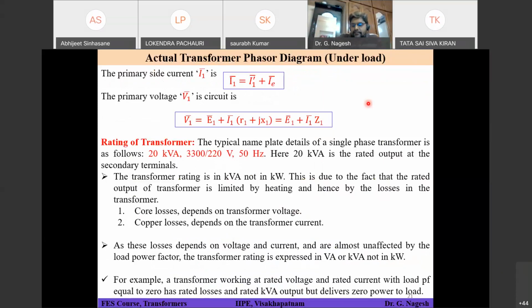So this is regarding your primary and secondary winding circuits and the corresponding equations, voltage generated, and resistance and leakage reactance drops. Now, transformer rating. Generally, for a motor, if you see the nameplate details, some rating will be given. What unit will they usually mention if you want to purchase a motor for your household? What will you ask at the store?